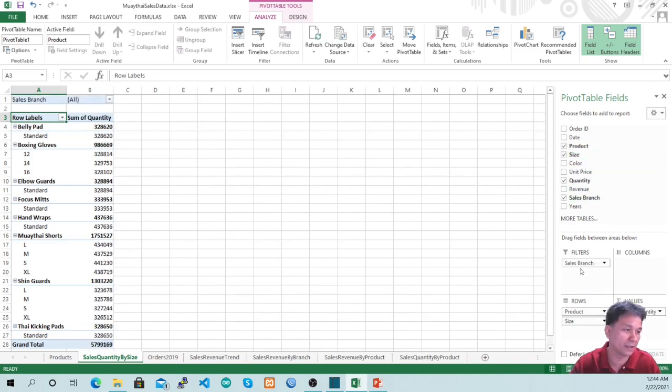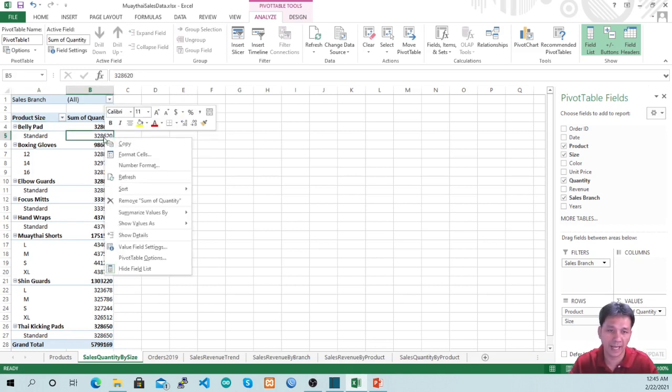Drag the cell branch into the filter area, and you can see the result on the left hand side. Double click on the header of the first column. We are going to rename this column header products size, and then we will format the value in the sum of quantity column. Click on any value in this column and then right click, go to the value field setting